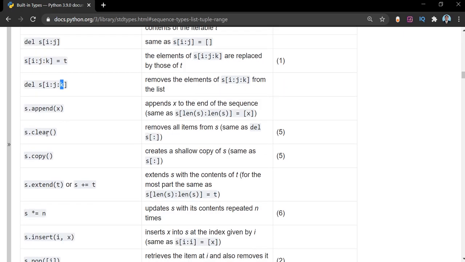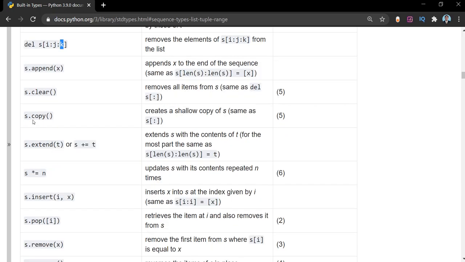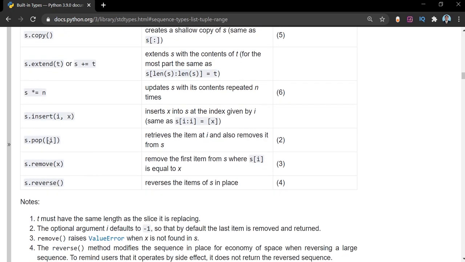Append we have already seen. Clear is one of the methods that will remove all the items from the list, similar to del. Copy will copy. Extend, these are some of the methods that we can use with a list. Insert is there, we can insert at particular positions by specifying the index value.